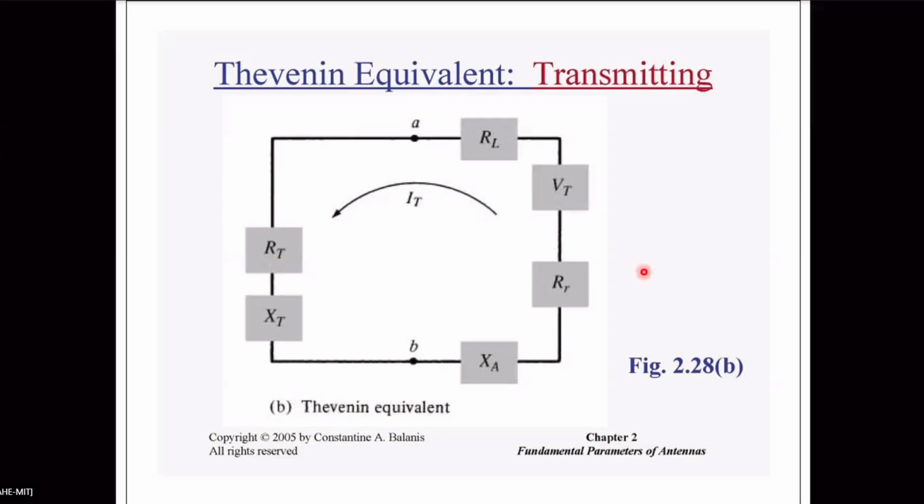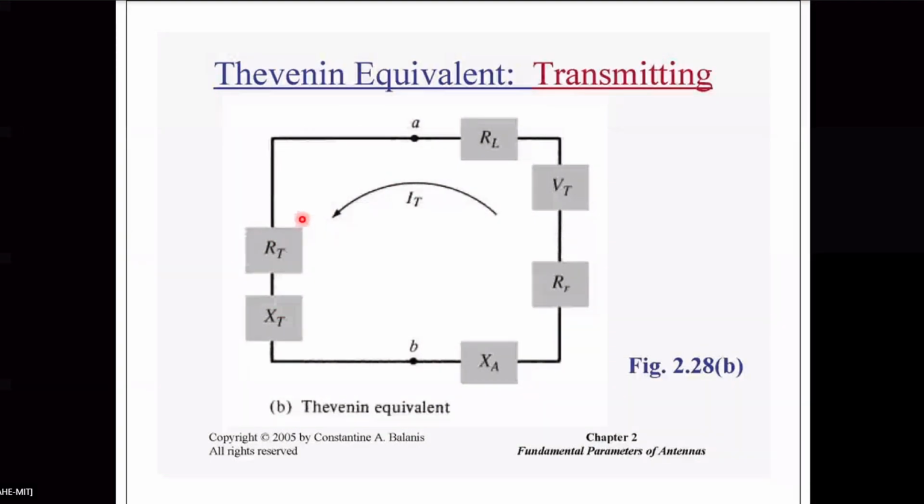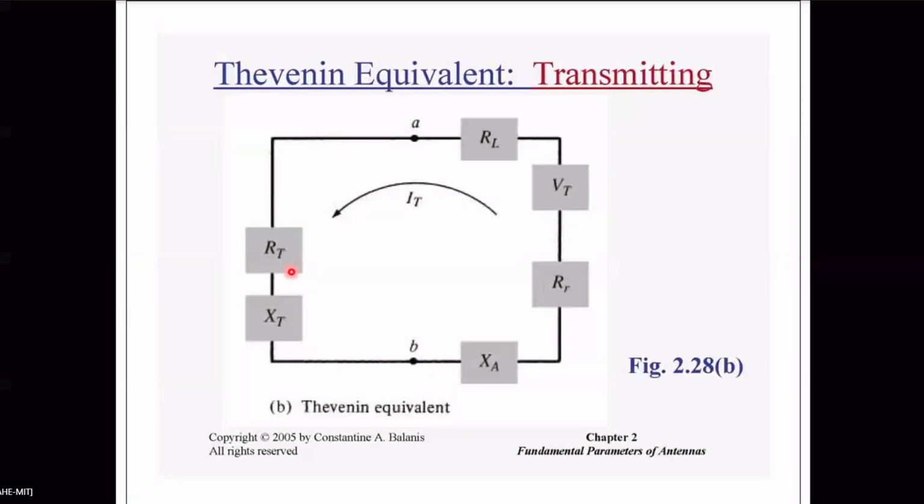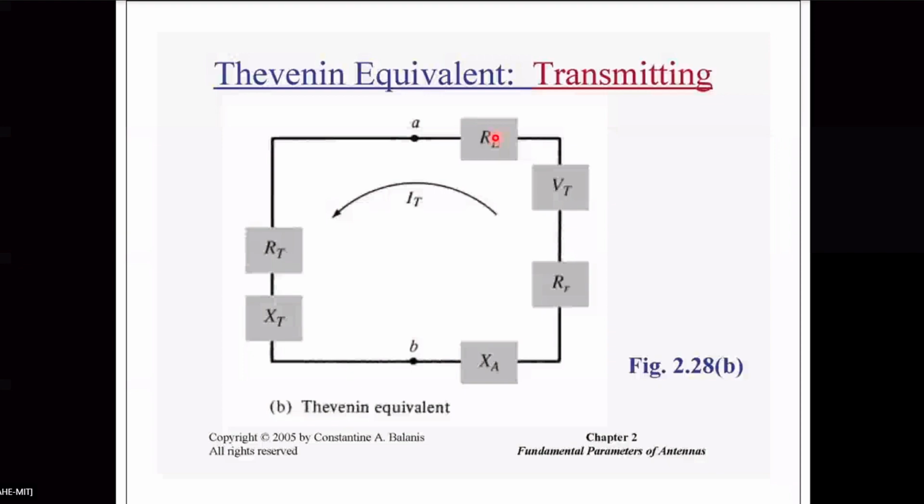Okay, only 50% efficiency you get. That means whatever power is dissipated is delivered to this receiver, and an equivalent amount of power is lost in RL and RR. Under conjugate matching, whatever power you deliver to the receiver, an equivalent amount of power is lost on RL as well as RR.